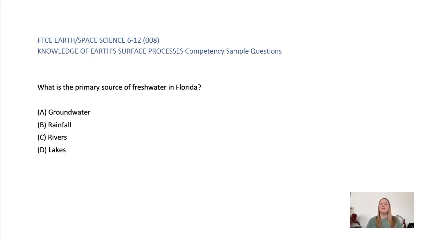B. Rainfall adds water but doesn't store or provide it directly as a source. C. Rivers carry water but are not the main source of fresh water in Florida. D. Lakes hold fresh water but cover less area and provide less water than groundwater. The correct answer is A. The primary source of fresh water in Florida is groundwater. The state has a vast network of aquifers which store and provide most of the fresh water used for municipal,